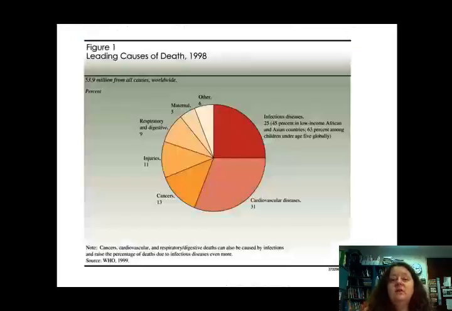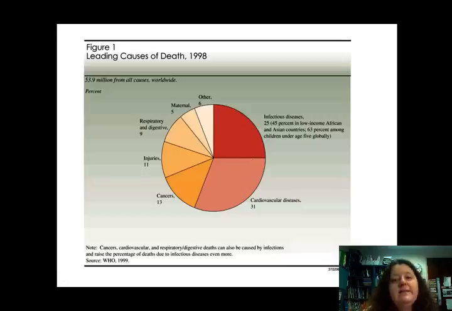First of all, let's look at the picture around the world. So I just showed you what the U.S. looks like today. Now let's look at the world today. So same time frame, 1998. Is it the same all around the world if we look at global killers? Well, the answer is no, right? This red slice of the pie here, infectious disease, 25% if we add up all the countries together. 25% of death still due to infectious disease. That's not what's happening in the United States.